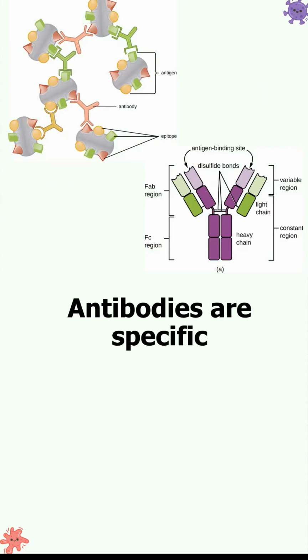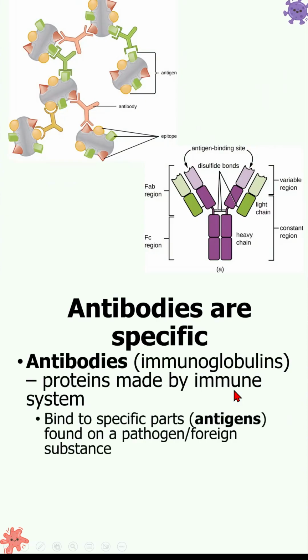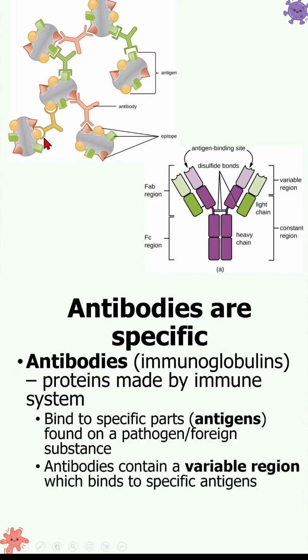So let's talk about antibodies. Antibodies, again, are very specific. They are proteins made by our immune system. Their other name, by the way, is immunoglobulins, and they bind to specific parts of a pathogen or foreign substance. So here is a bacteria. Bacteria have tons of different proteins on their surface, and these are called antigens because the antibody binds to those antigens. And notice that you can have different antibodies that bind to different antigens, but they are very specific. And the specificity is based on the shape. So antigens,